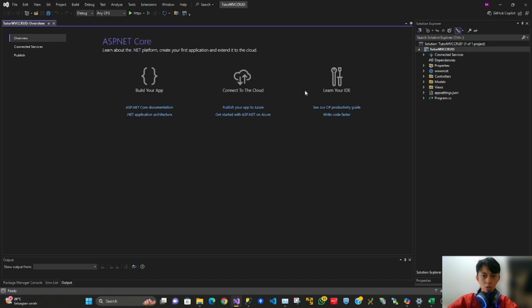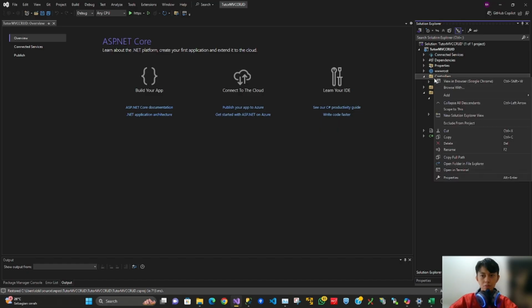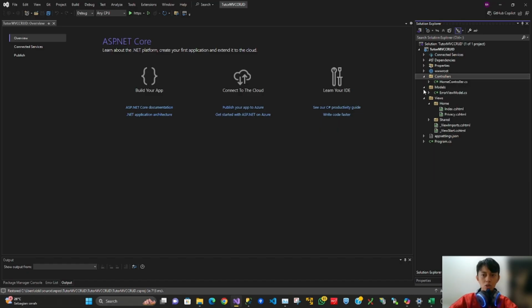Okay, here we are provided a simple template by Visual Studio. We have the home controller already with the view as well. We are going to create a new controller for our creations in this video. But before we go there, let's determine what the fields are for our page.